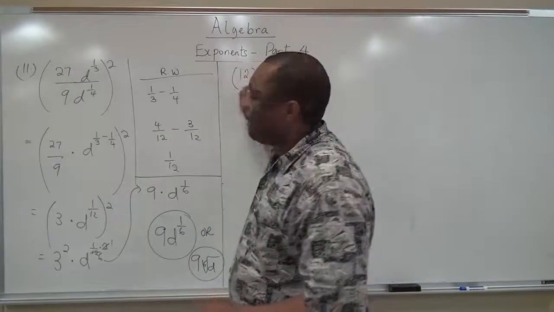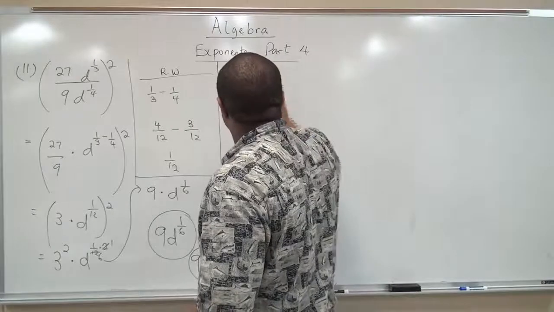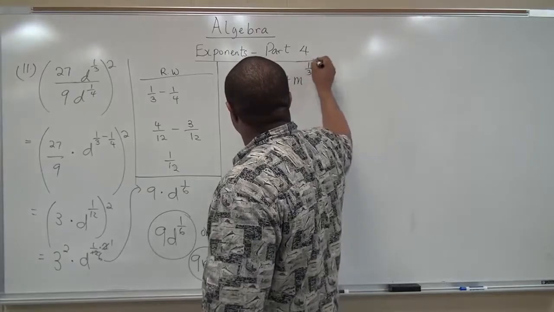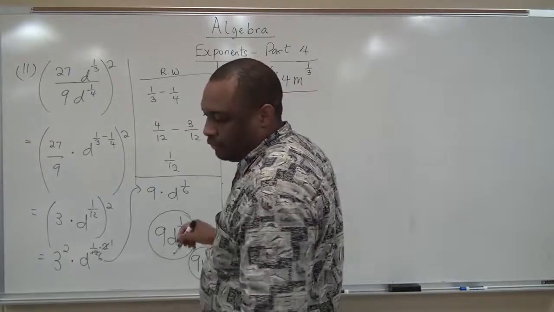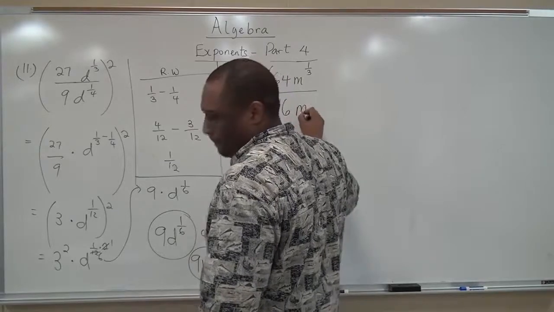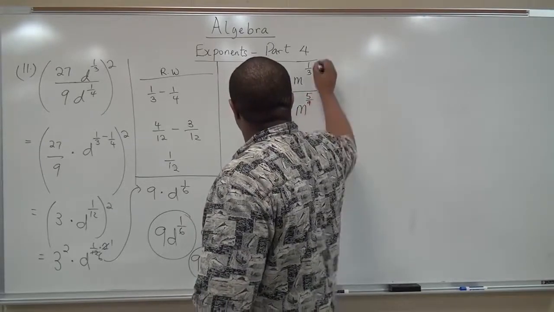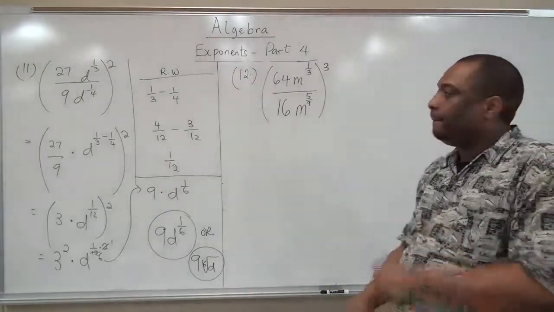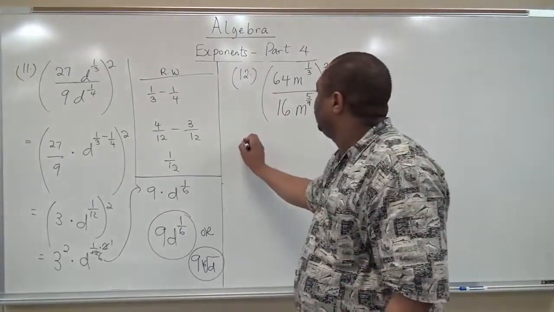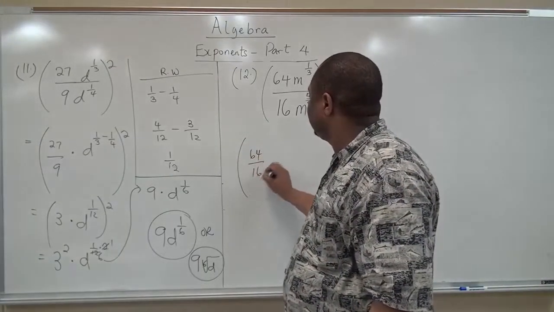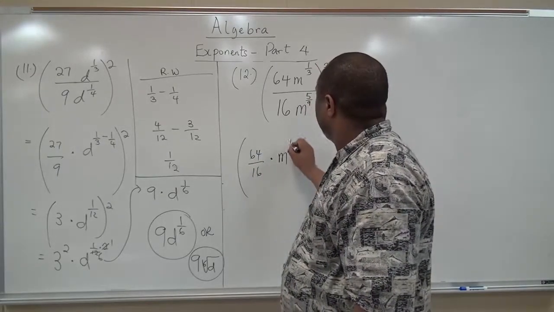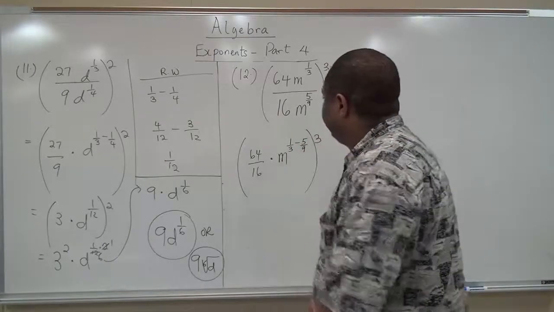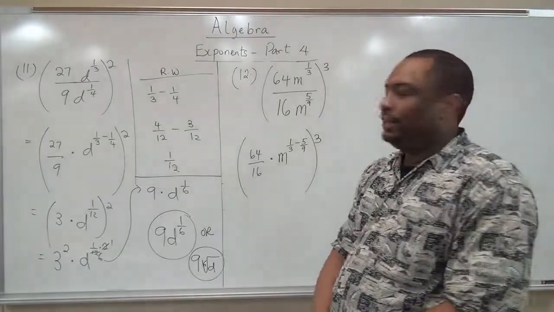Last but not the least, question 12. 64 m to the 1/3 all over 16 m to the 5 over 9, then all exponent 3. So this will be what? You can do that, 64 over 16 times m to the 1 over 3 minus 5 over 9. Then all exponent 3. 64 divided by 16 is what? 4